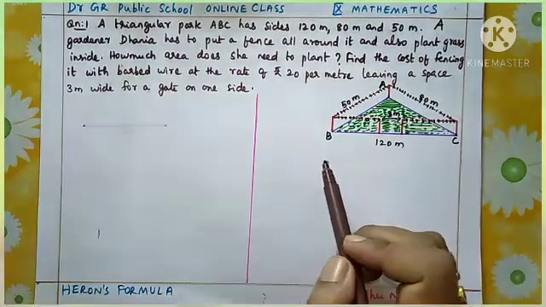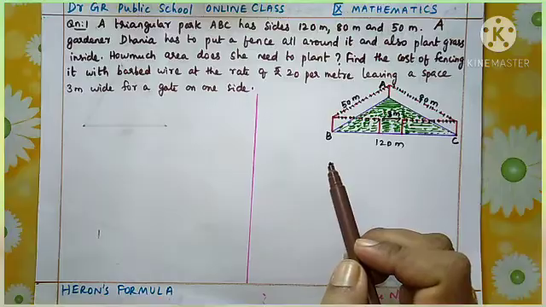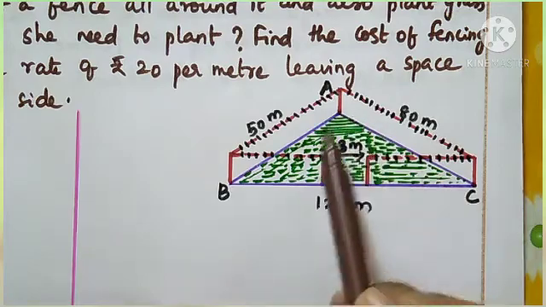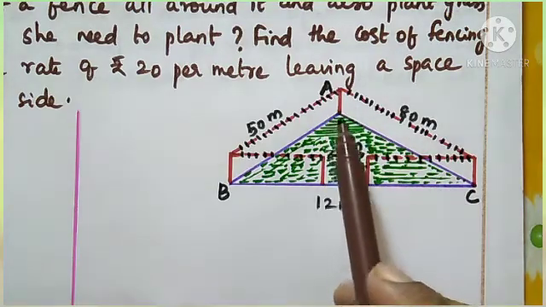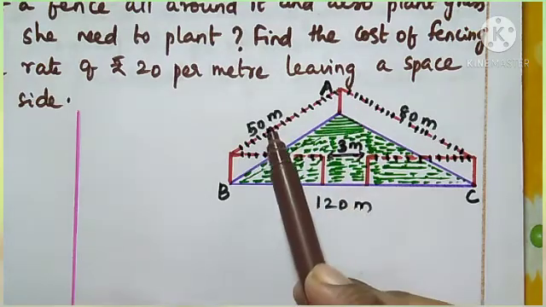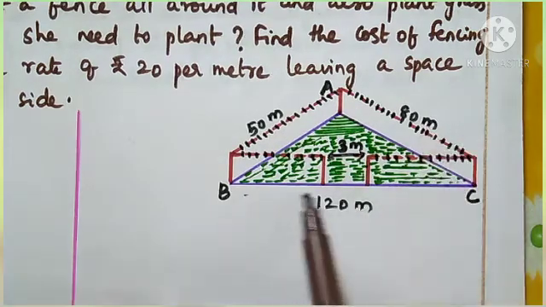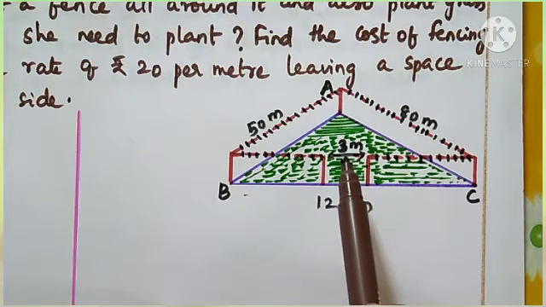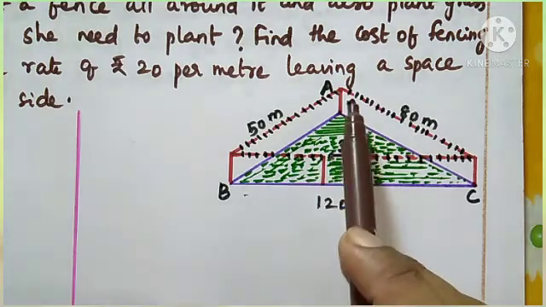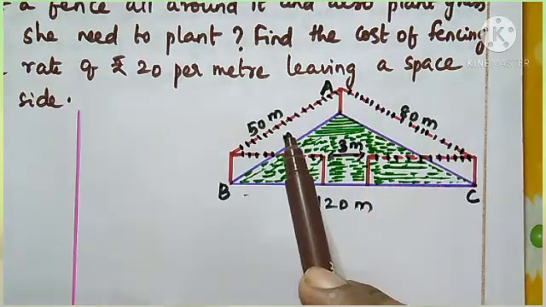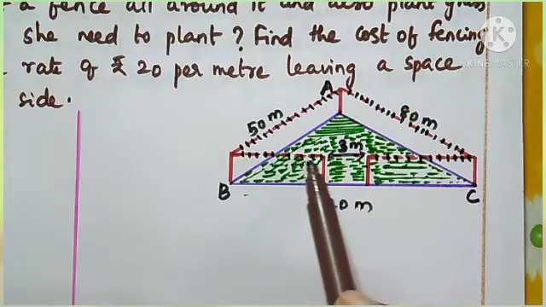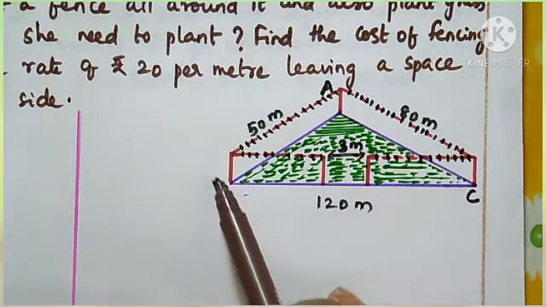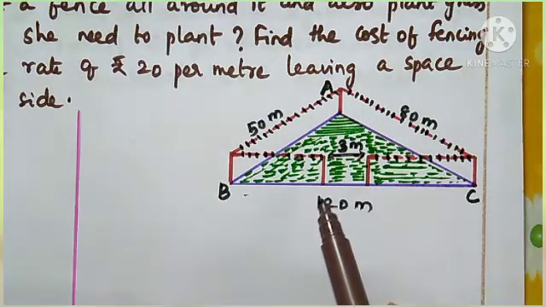Now come to the meaning of the question. Now from the picture, can you see here a triangular park is shown. You can see the three sides of the triangle. The name of the triangle is ABC. This is a park. And the three sides, this side AB is 50 meter, this side 80 meter and this BC side is 120 meter, that is given. Now it is said that she has to put a fence all around it. So can you see a fence here? Yes. So all around means the full complete boundary of the park she needs to make a fence.